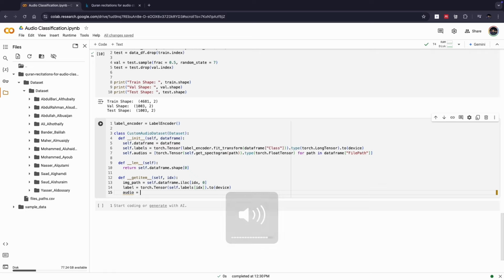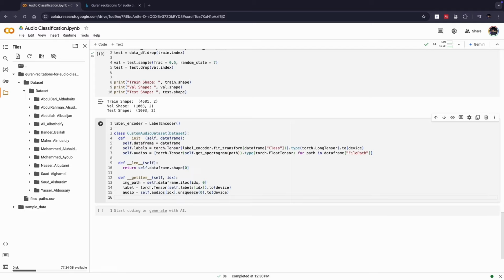So not only the path, but the audio itself by the index, okay? Which means the spectrogram file or the audio with its own features, not only the path of the audio. So we are going to write self.audios of index dot unsqueeze, so that we can have a proper shape of 0, dot to device. Then we are going to return audio